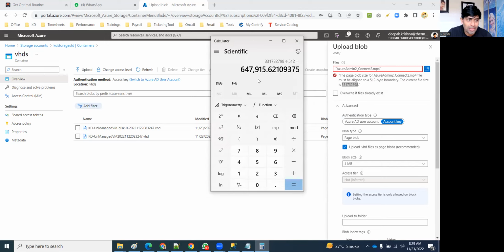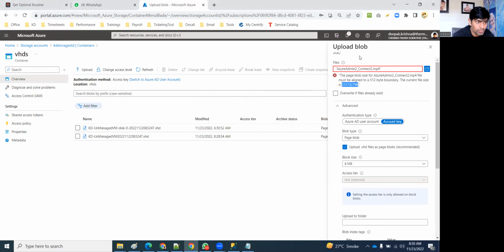It's a 300 MB file, sir. It's already converted into bytes. So if you divide by 512, I'm getting a 0.62 remainder. So, I mean, at least 0.62 must not be there. It's an exactly divisible number. It's a 512 array. Okay, done, sir.